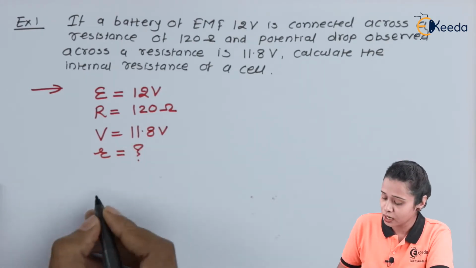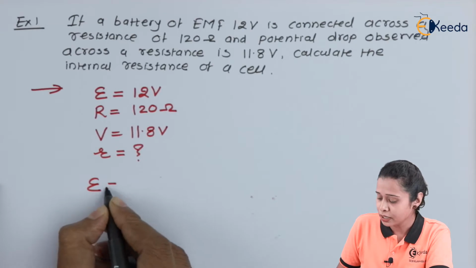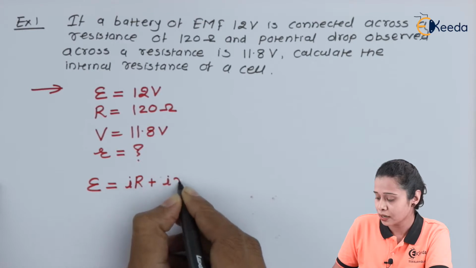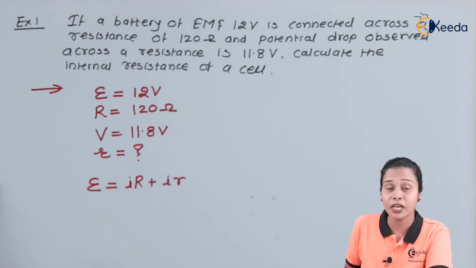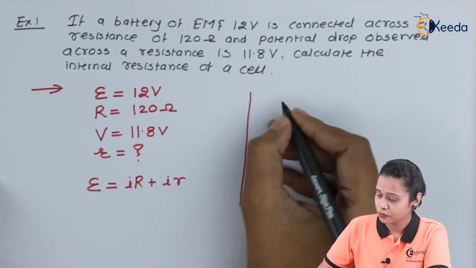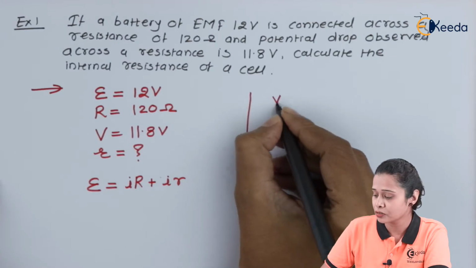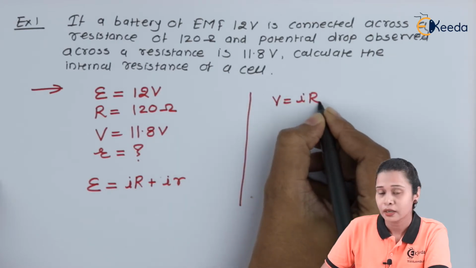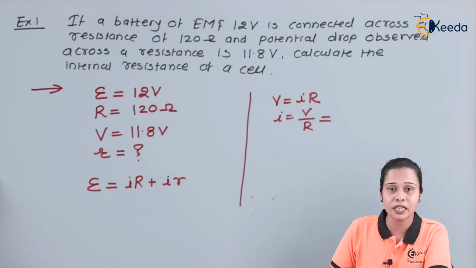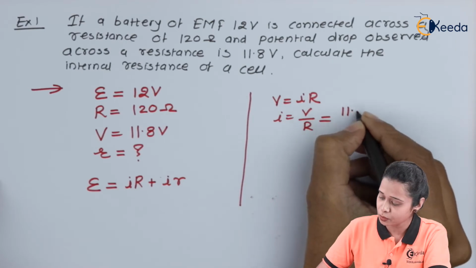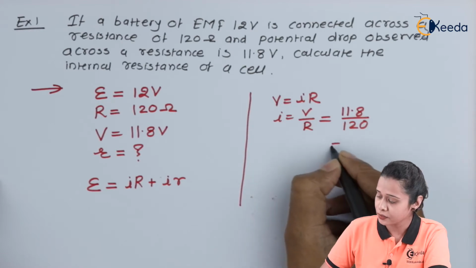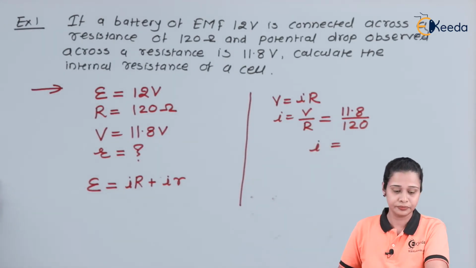Now we know the formula, that is EMF is equal to IR plus Ir. Now here we have to find out what is the I value first. We know as per the Ohm's law V is equal to IR. Hence I is equal to V by R. Here V is the terminal potential and its value is 11.8 volts upon R is 120. Hence we will get the value of I is,